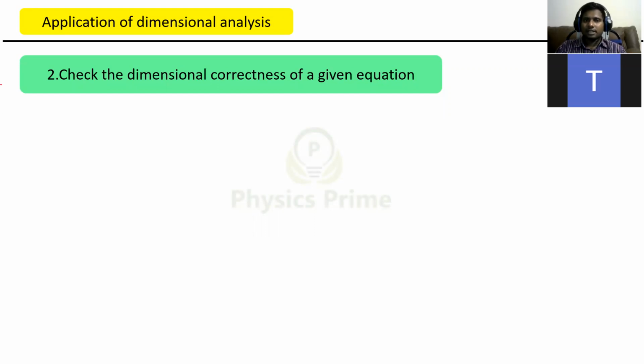Now, as part of the applications of dimensional analysis, which are very important, based on these applications a number of times JEE Mains, NEET, and Advanced questions have been asked, especially Mains and NEET. So now the thing is how to check the dimensional correctness of a given equation, whether the given formula is dimensionally correct or not. This we have discussed, right?